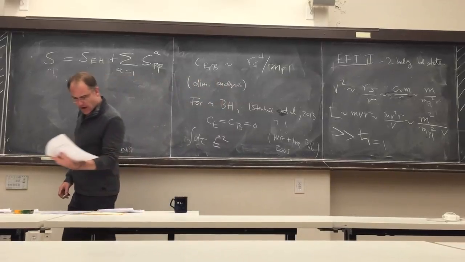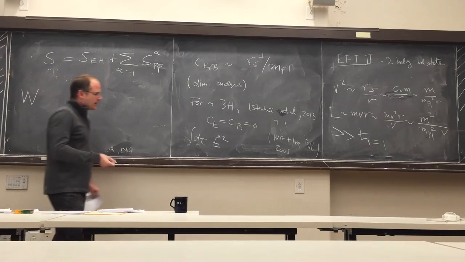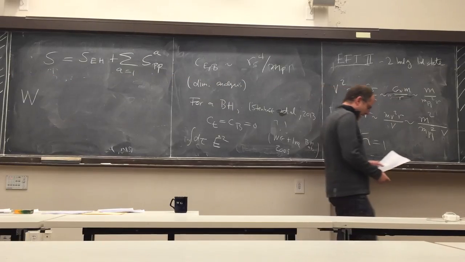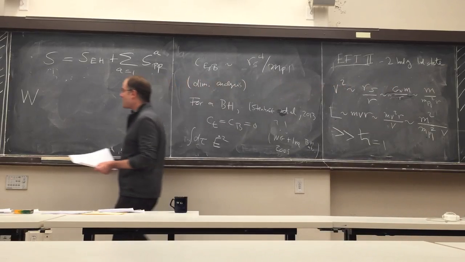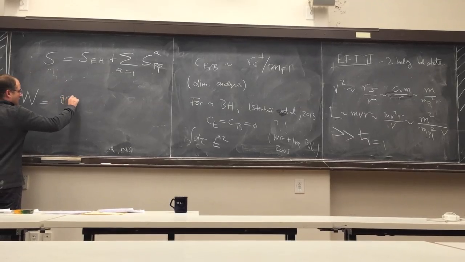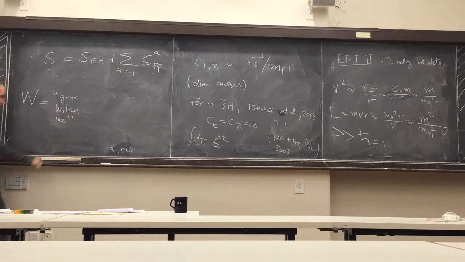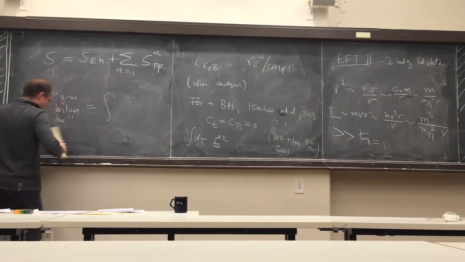It turns out that they're conveniently summarized in a quantity that I'm going to write down as a path integral, but its meaning is purely in terms of Feynman diagrams that have a well-defined classical limit. The object, I'm going to call it, might as well be called the gravitational Wilson line, because it really is like a gravitational analog of a Wilson line. And what it is, is a path integral. The way that we're going to calculate it is